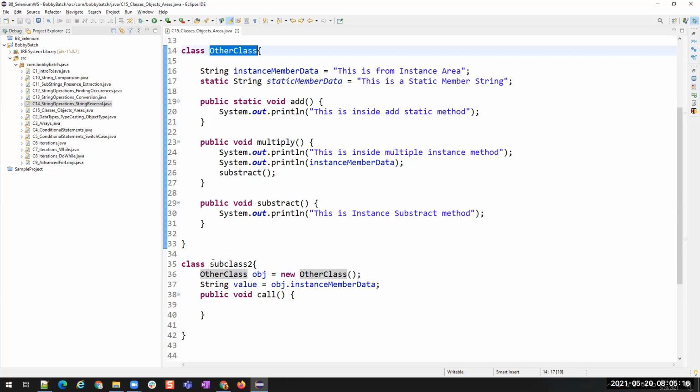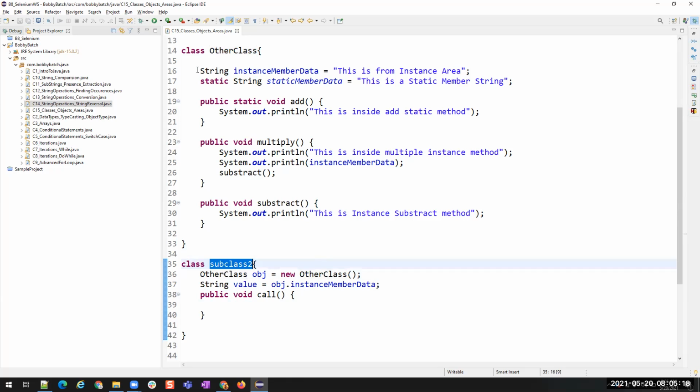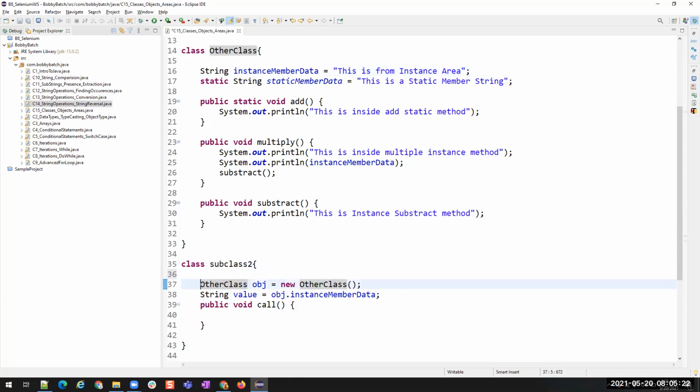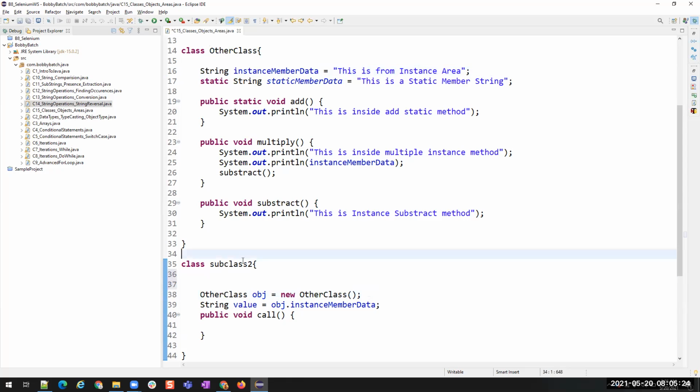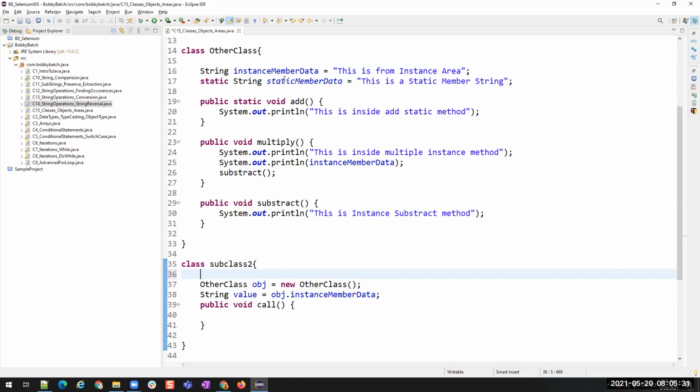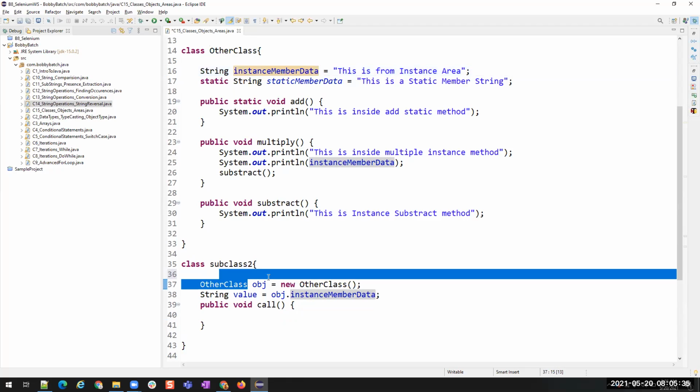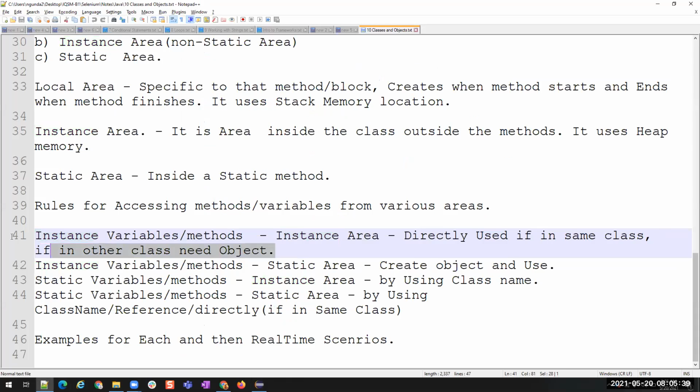See, this is one class and this is another class, and we have this instance member. Whatever we write inside the class is the instance area, because there is no static keyword here. So I want to access this instance member in the instance area of another class. That is what we are trying to achieve now: instance members in instance area.